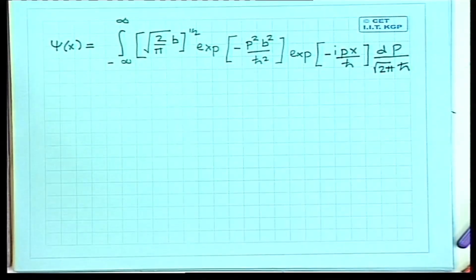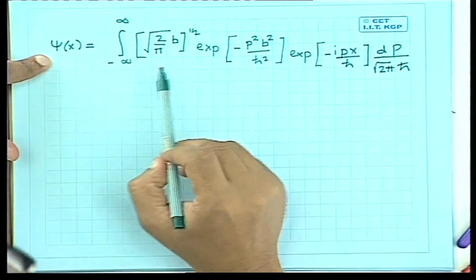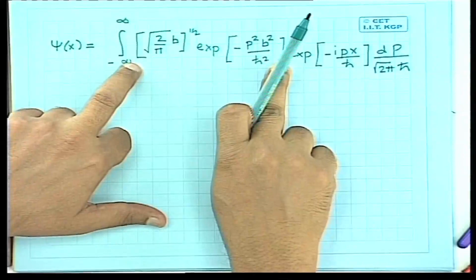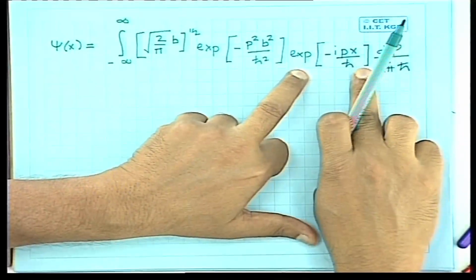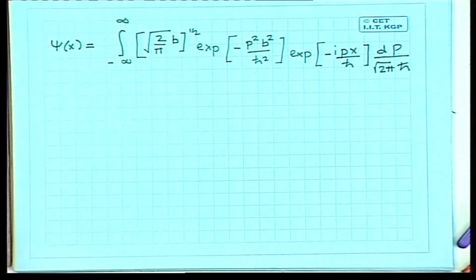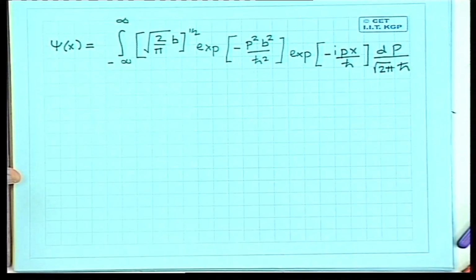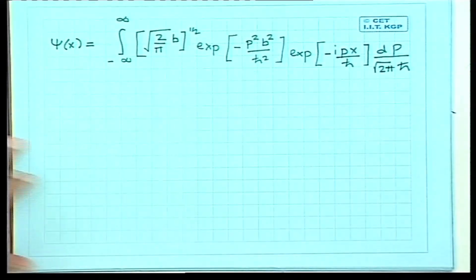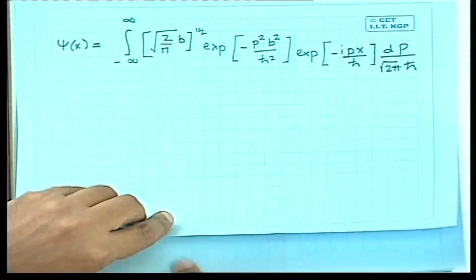So this is the relation between the wave function psi of x and the coefficient a of p. This over here is a of p. These are the plane waves corresponding to different values of momentum, and here we are superposing them. So we want to evaluate this integral, and we shall be encountering this kind of integrals later on. So let me first discuss how one goes about evaluating this integral.